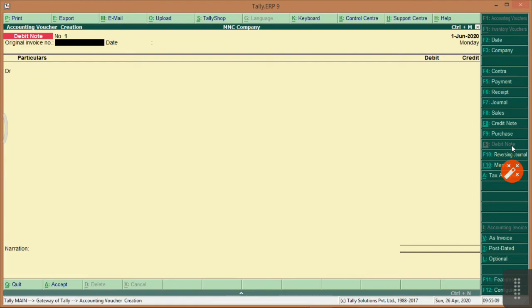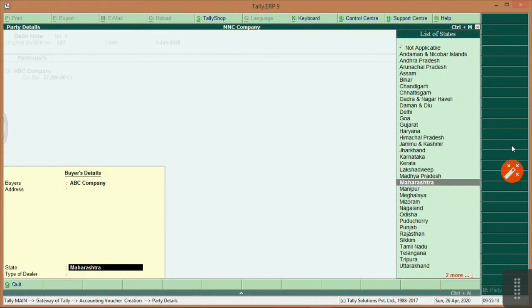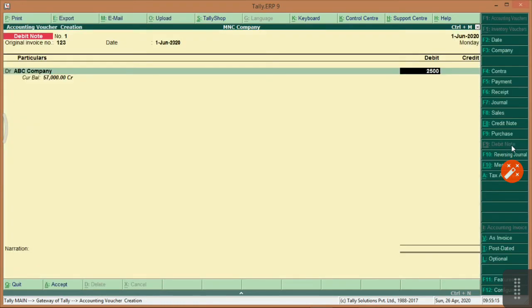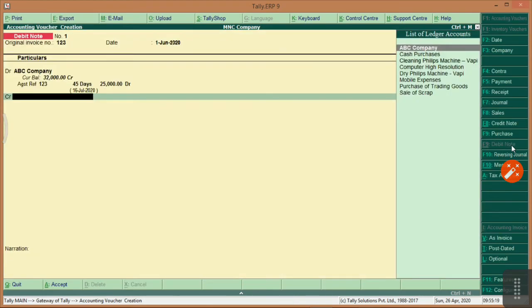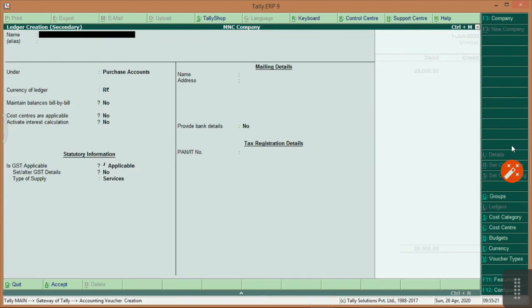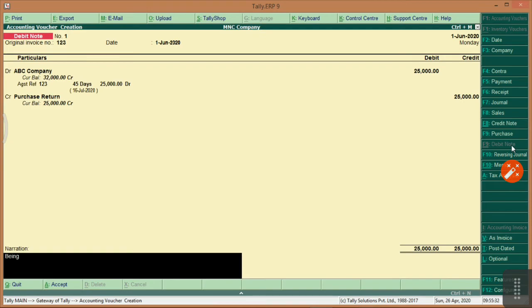That means you have to give the purchase invoice number, ABC Company, 2500 against reference, and purchase return, being purchase return.